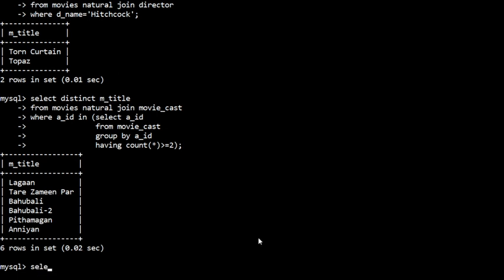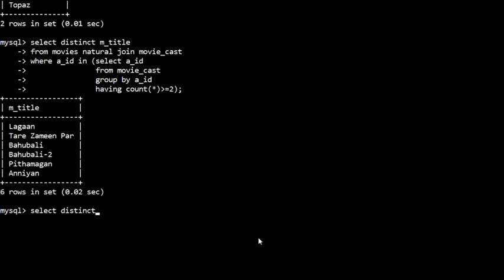What we want is the actors. So again we'll select the distinct actor names. We need to check whether they have acted in movies which were released before 2000 and after 2015. The year is in movies, and whether they have acted can be obtained from movie cast.